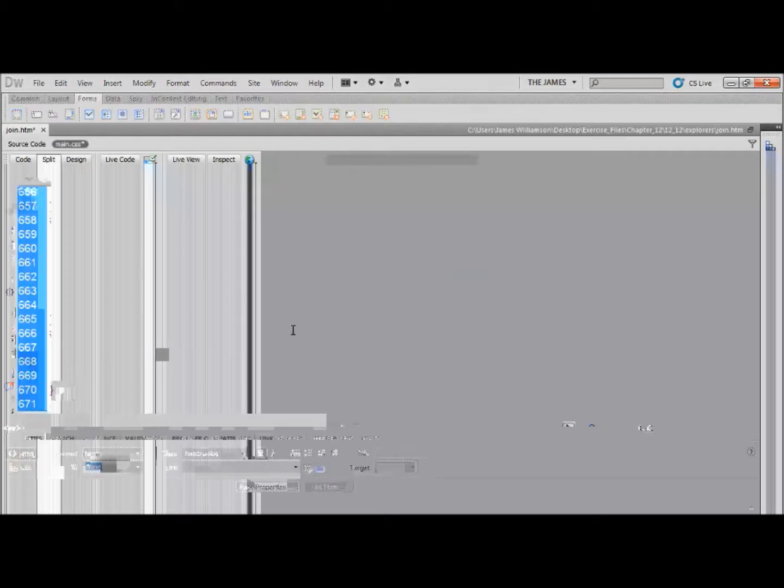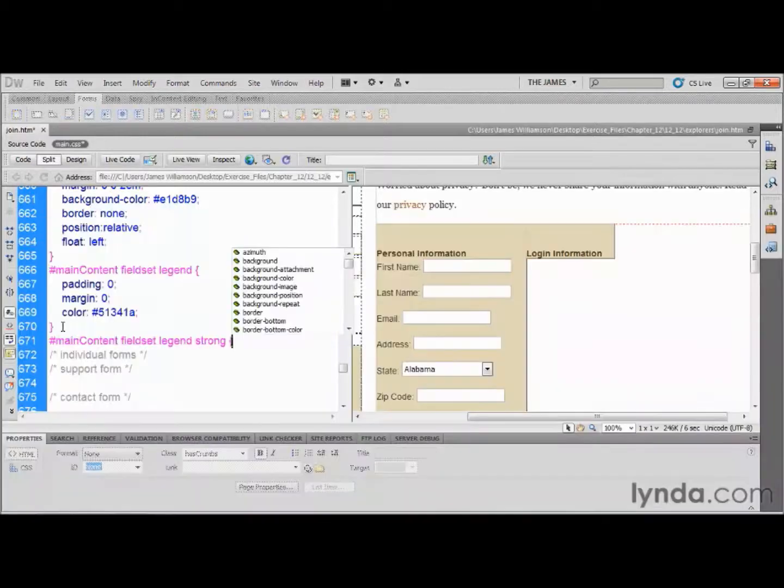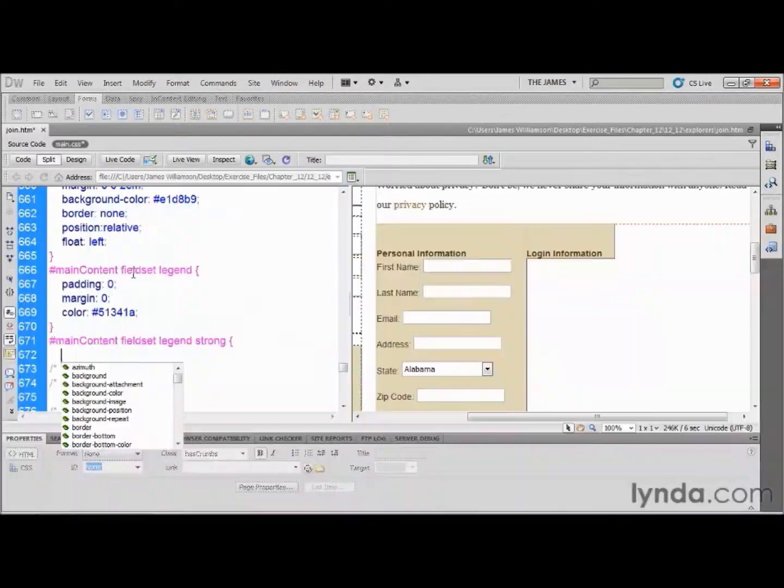and we can now actually go ahead and style that. So what I'm going to do is focus back on our code view, go down to the next line, and here I'm going to type in #main-content fieldset legend strong. And to be honest with you, we don't really need the fieldset there. You could have just said #main-content legend strong, but it helps us understand kind of how it relates to the selector above it. I'm going to go down to the next line, and I'm going to position this using